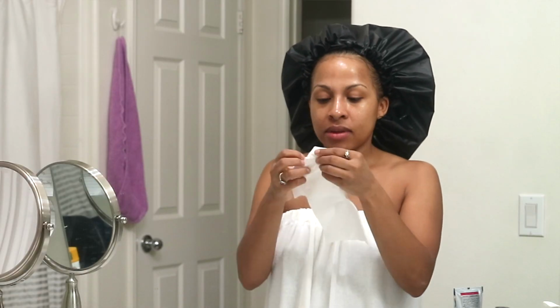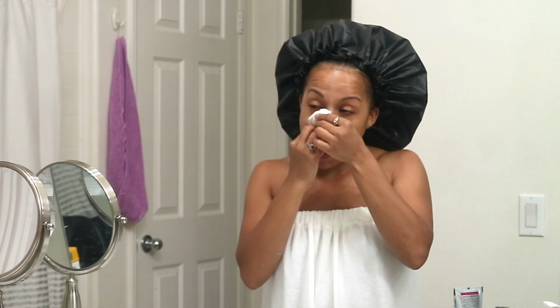Typically what I do after I wash my face or take a shower is I clean my nose out. I feel like all of the time that we're splattering water onto our face gives our nose a nice opportunity to get real moist inside, and it just makes it real easy to remove all the boogers and stuff. So if you guys don't want to watch this part, you can just skip ahead. Really get in there, you know. I'm not gonna show you guys what I take out, but you know,